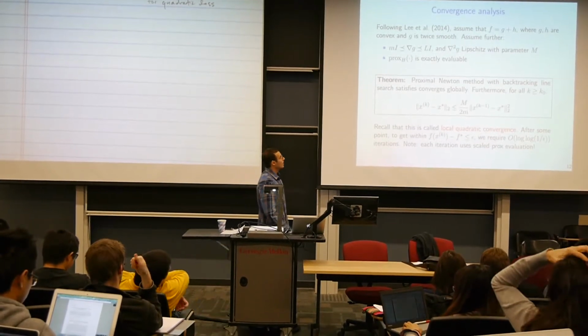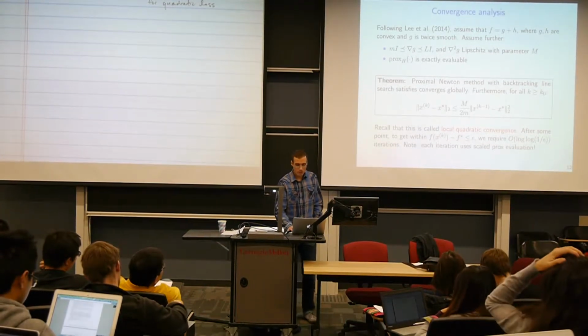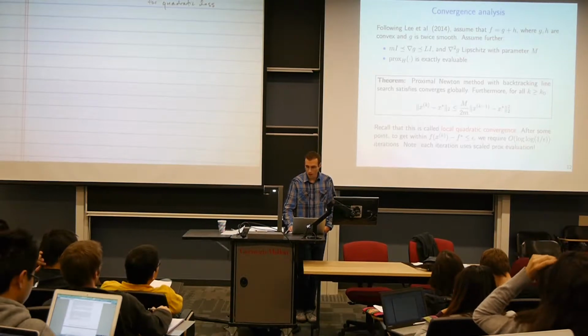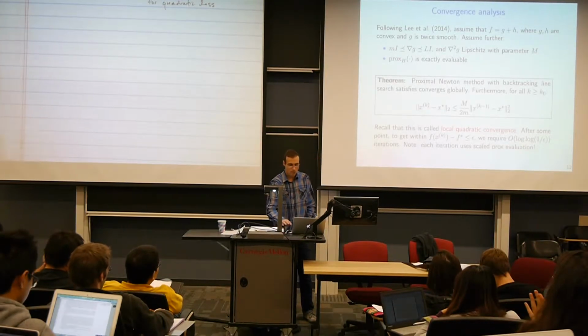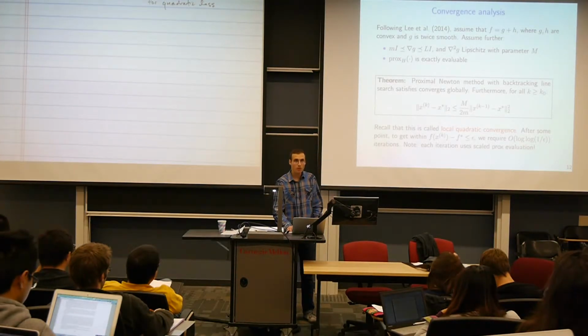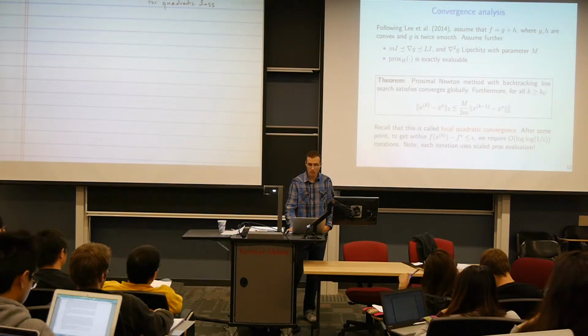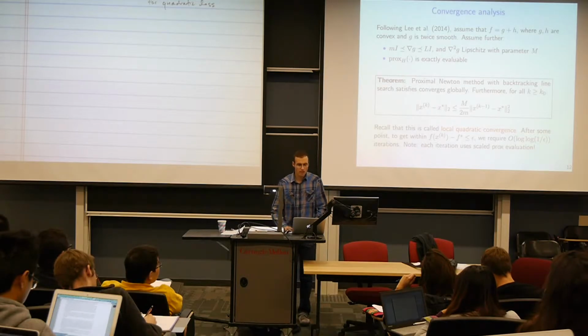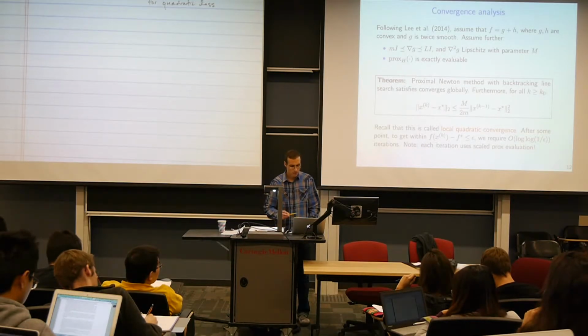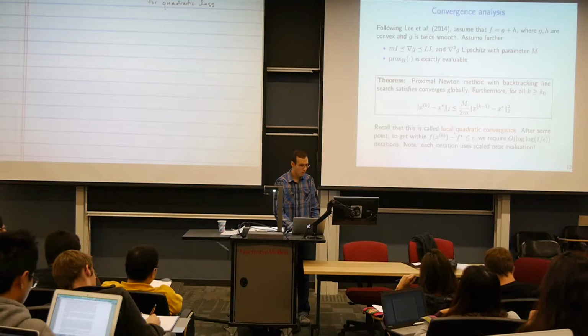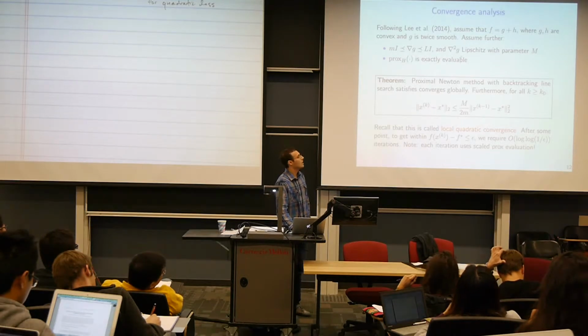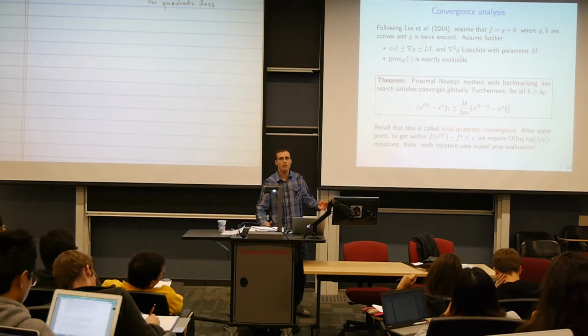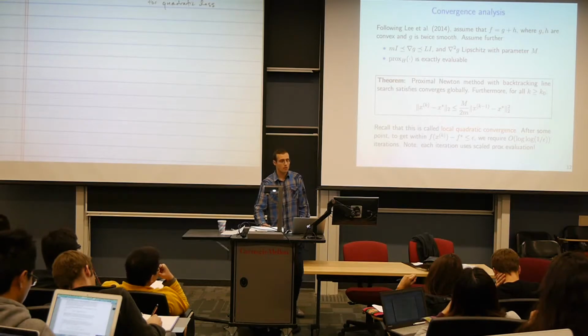So we're just going to talk a bit about its formal convergence guarantee, and I may very briefly go through a sketch of the proof. If you're interested in seeing more details, then please take a look at that Lee paper. The assumptions that we're going to make to get a convergence rate for Proximal Newton are the same ones that we've basically made for Newton's method applied to G, which are that